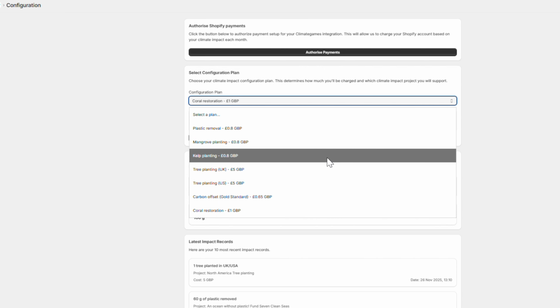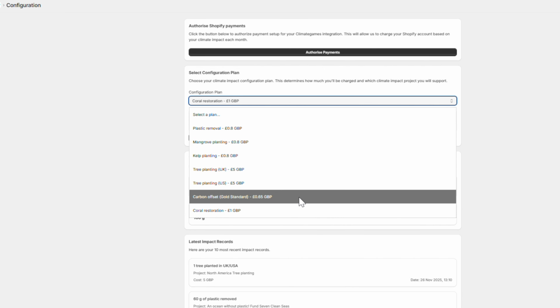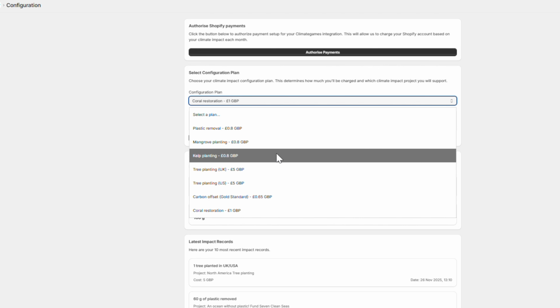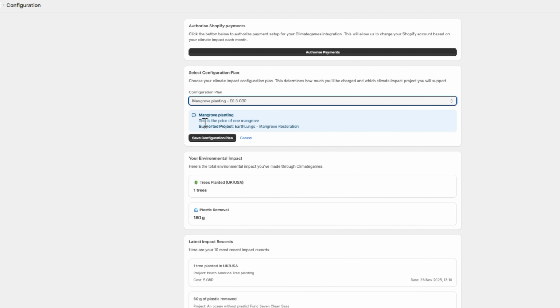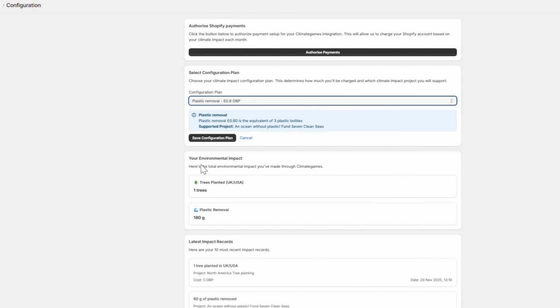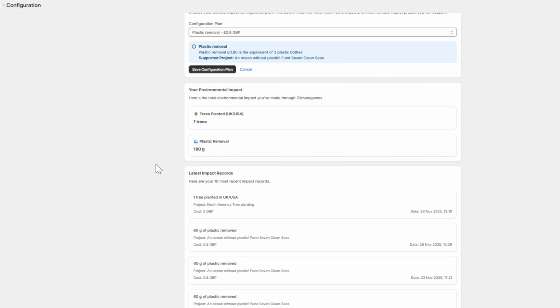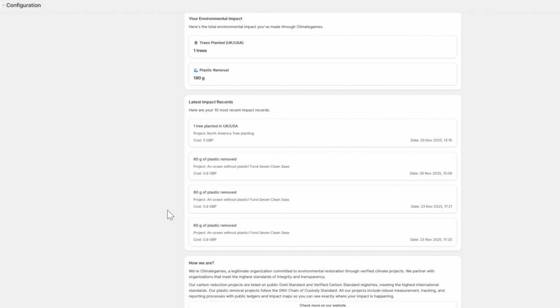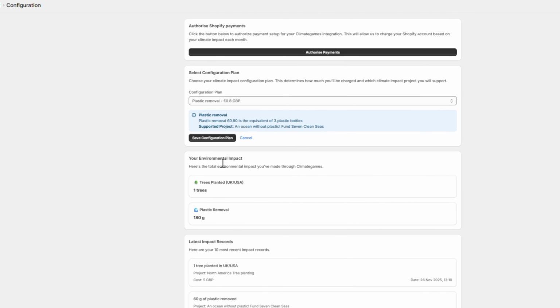So here you can see the next phase, and in this, where it says update configuration, you can choose the projects you actually wish to fund. So these range from 65p all the way up to £5 if you wanted to do UK or US trees. Let's say I chose plastic removal on this particular instance. You can see that for every single sale that you make, you're going to remove 3 plastic bottles from the